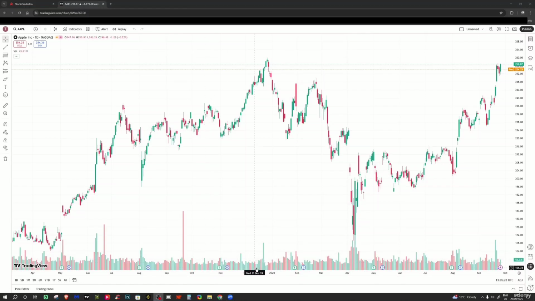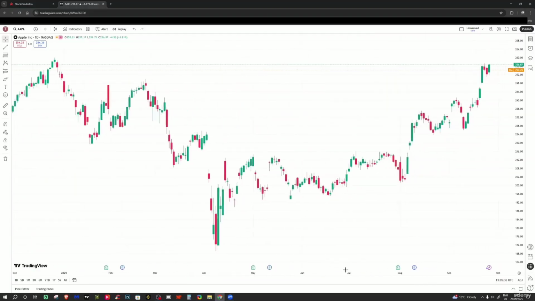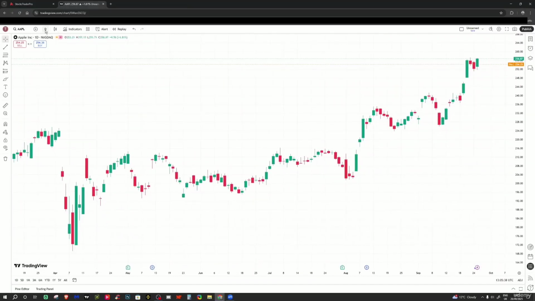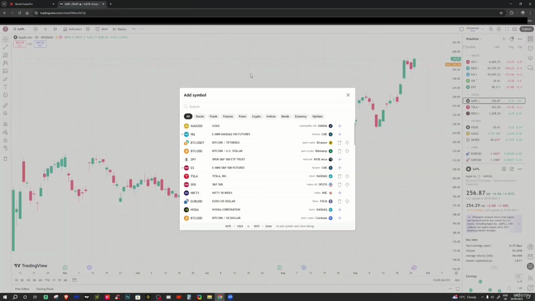When we get to the charts, we want to just click on the volume at the bottom, which is automatically put there, and just delete that so we have a completely clean screen. We have the daily chart up. You can see we're on Apple here. And then all we need to do is go to the right hand side and then we can start adding our different features, which would be what we want in our watch list. Really simple. Let's add something to the watch list. We click Add Simple